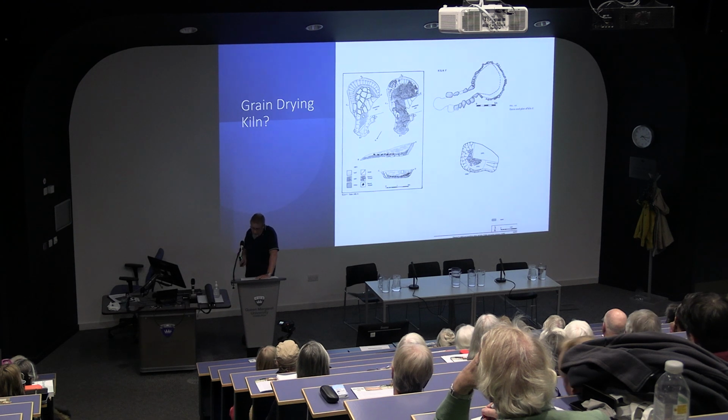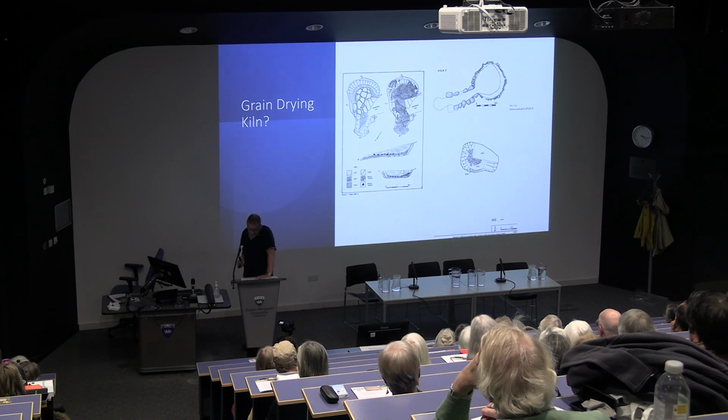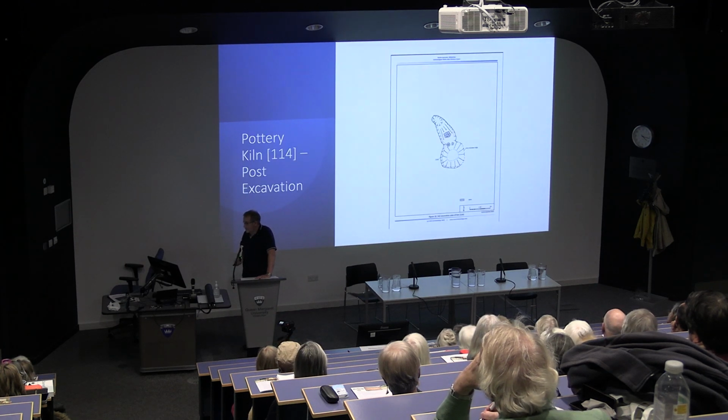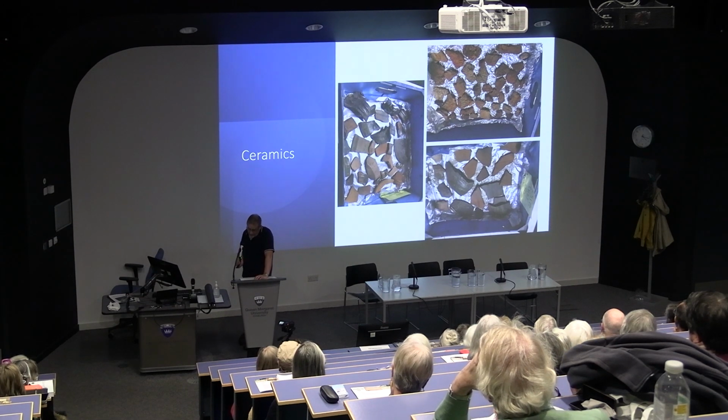The Stenhouse example was actually found in association with pottery kilns, medieval period pottery kilns, and is described in the record as a corn drying kiln. There's no obvious reason why they can't do both, or in fact more than one. Whatever the respective functions, both of the kilns at Roslin were purposely sited on the periphery of the borough,